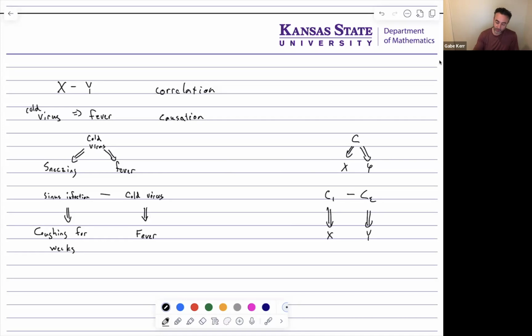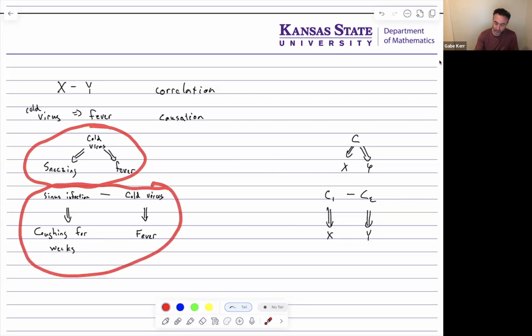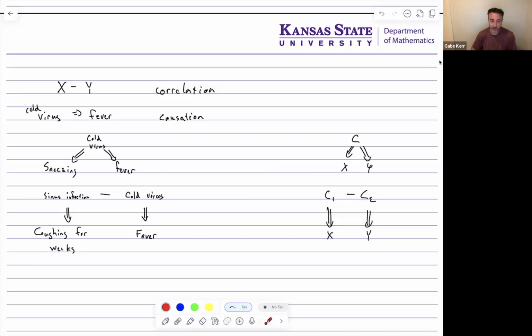So these are very simple examples of how you might see correlation. But in these cases down here, where you have the cold virus involved and some symptoms, you don't have a causation. So coughing for weeks will not cause the fever, and the fever may not cause the coughing for weeks in these cases. Okay,